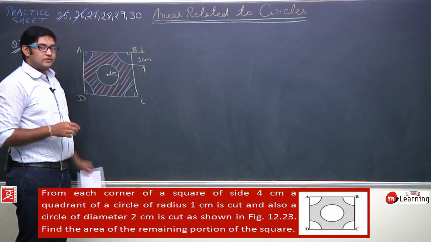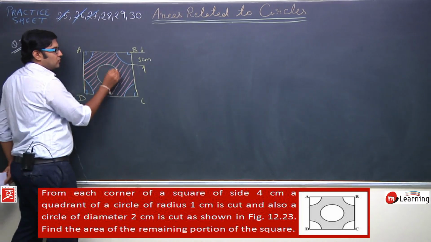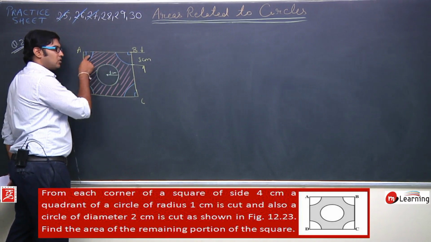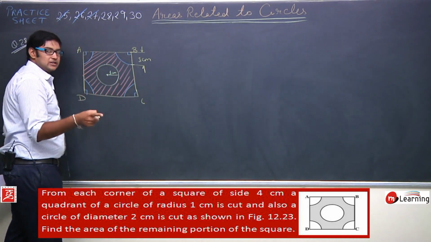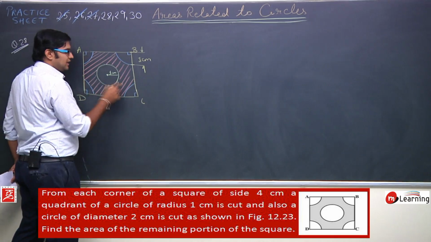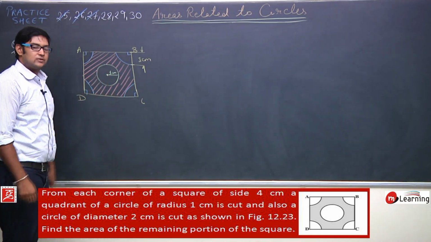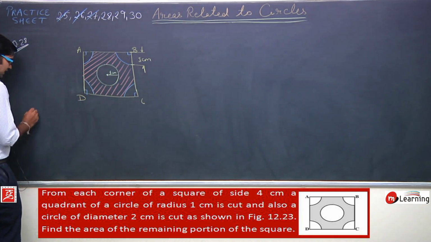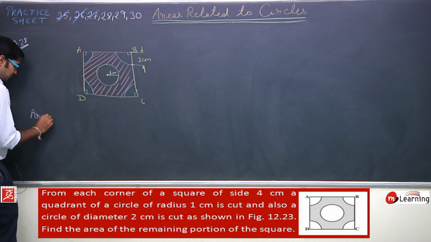So what we can observe is there is a circle removed from the center, so we can calculate the area of this circle. We have 4 quadrants removed from the 4 corners, so we can calculate the area of these 4 quadrants also. So I will say that area of